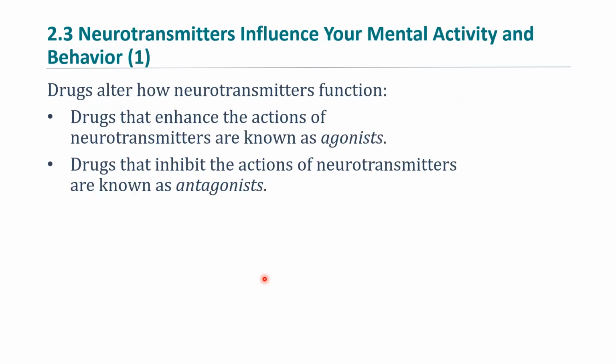Drugs can alter how neurotransmitters function. There are drugs that enhance the actions of neurotransmitters. They're known as agonists. An example is nicotine, which is an agonist. It enhances certain neurotransmitter action. There are also drugs that inhibit, or slow down or stop, the action of neurotransmitters. These are known as antagonists. One example of an antagonist is